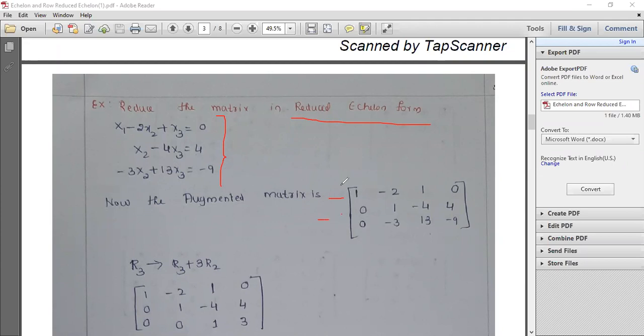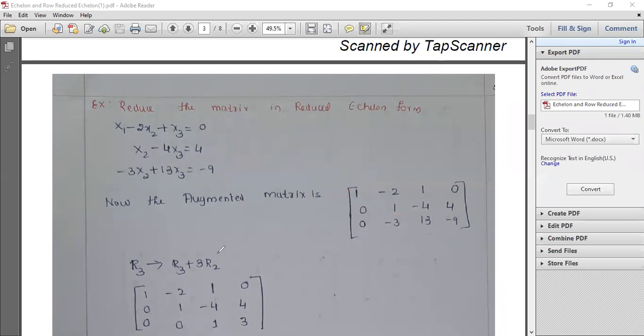What we can observe here is that this is already 1, so no need of breaking our heads here, and the next leading element is here, and these two are already 0, so there is no need of doing anything here. All next leading element is this. With respect to this, I can make this 0 and this 0. Next we have to make these two 0, and then go with the next leading element, and so on. Let's do it one by one now.